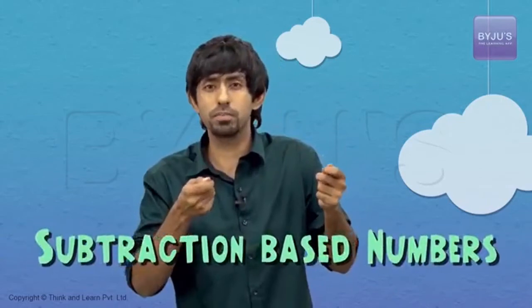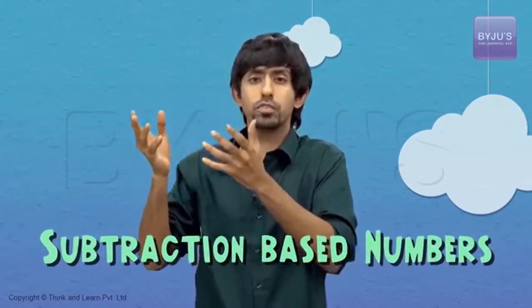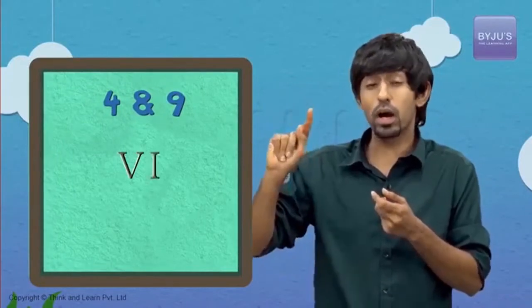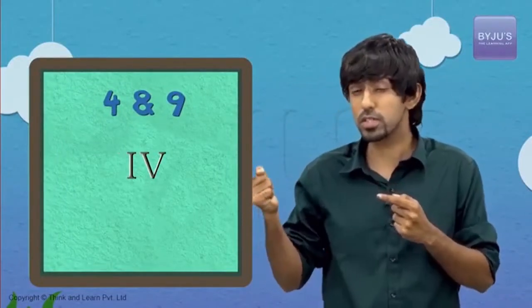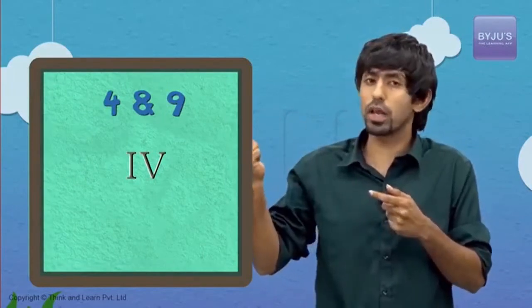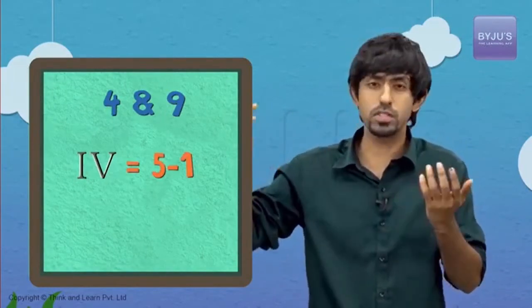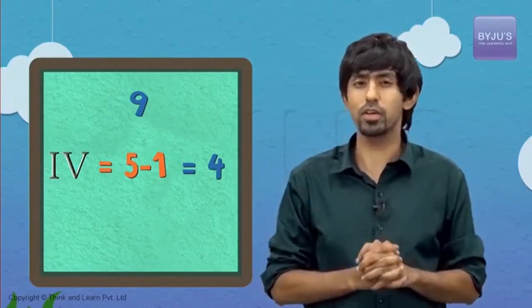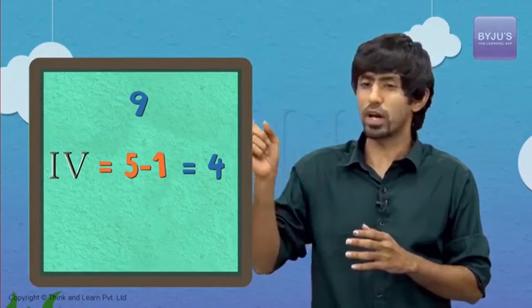So there, they actually used what's called a subtraction-based way of writing it, right? And so they didn't write IIII, they wrote IV. So what is coming first? The smaller thing is coming first. So IV actually stood for, hey, remove 1 from 5, which is 4. So you can either write 4 I's or IV. Write IV only then they'll give you marks. So you write that. So IV is there.